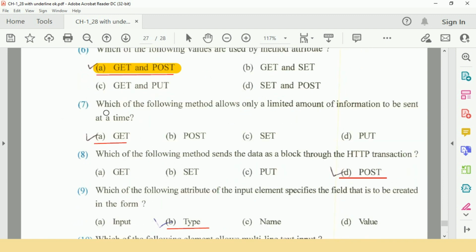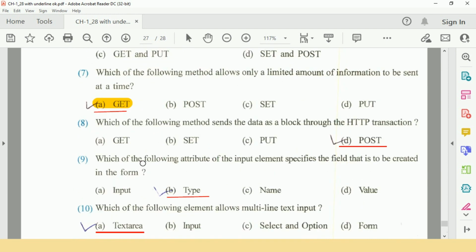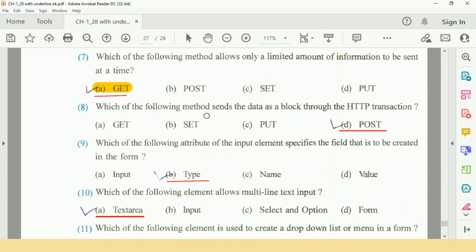Seventh number, which of the following methods allows only a limited amount of information to be sent at a time? Option A, get. Question number 8 is, which of the following methods sends the data as a block through the HTTP transaction? Answer is D, post.